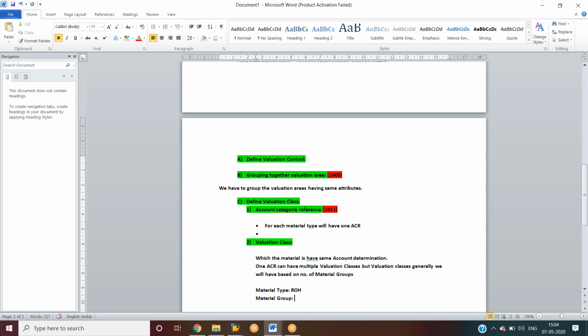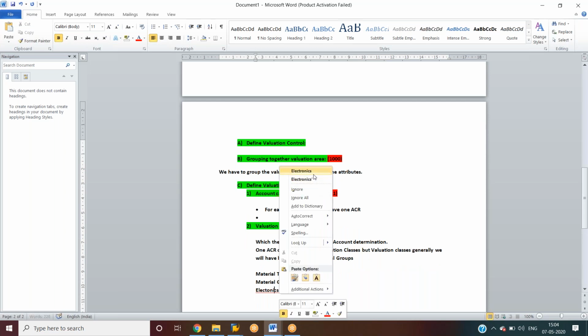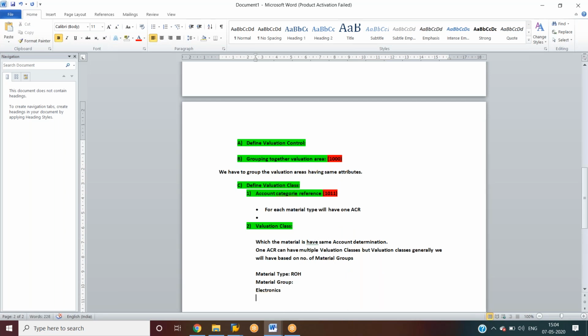Let us say we have three groups, like electronics, and the second one is some spares. For example, spare parts. So for material type we have two material groups.